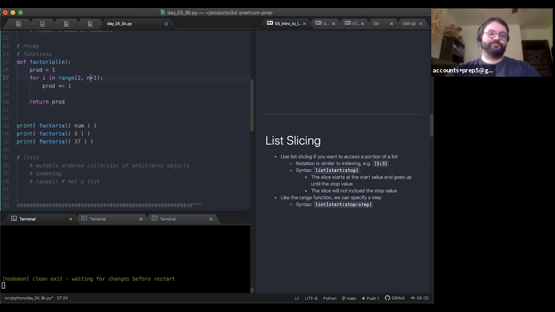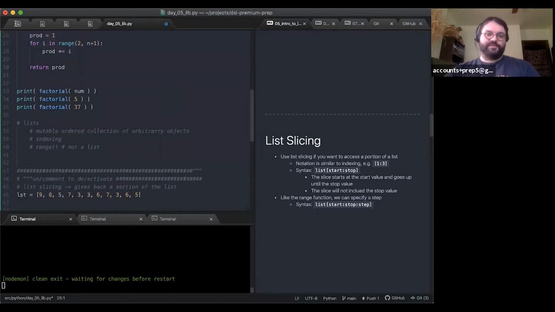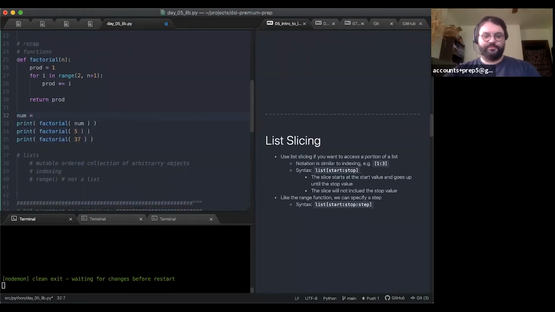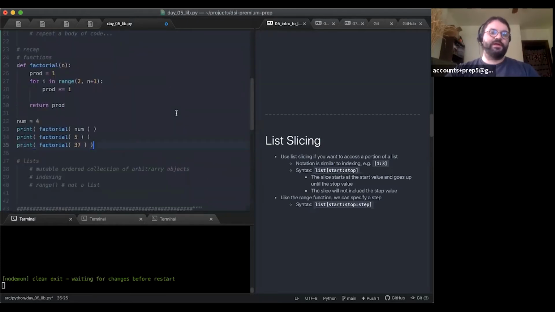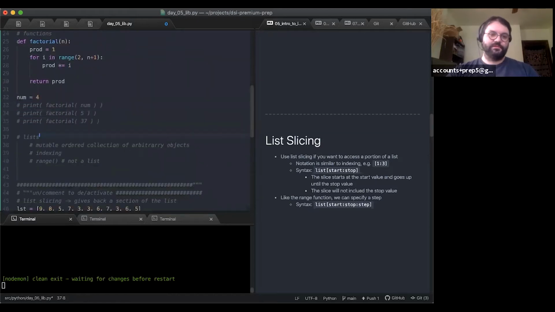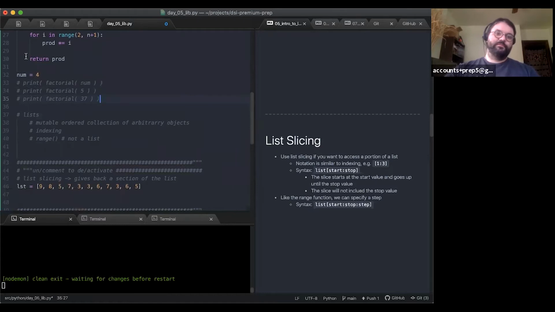Okay, cool. So that's our function. I'll just call that good on our function recap. Oops, let's do this, num equals 4. Then what we talked about regarding lists last time: we talked about lists being mutable, ordered collections of arbitrary objects, right?